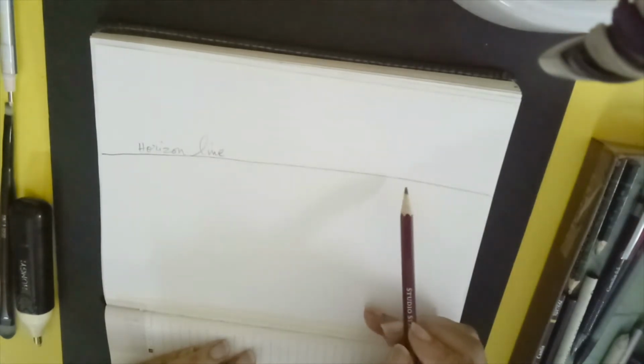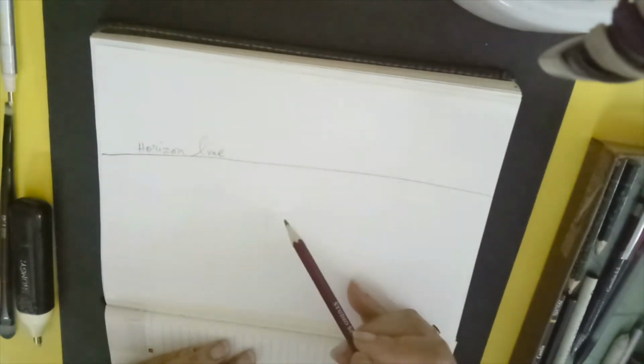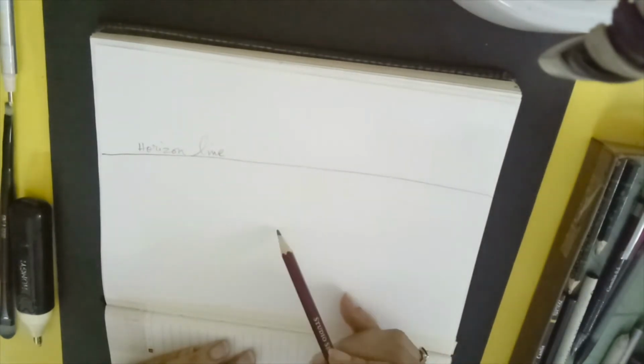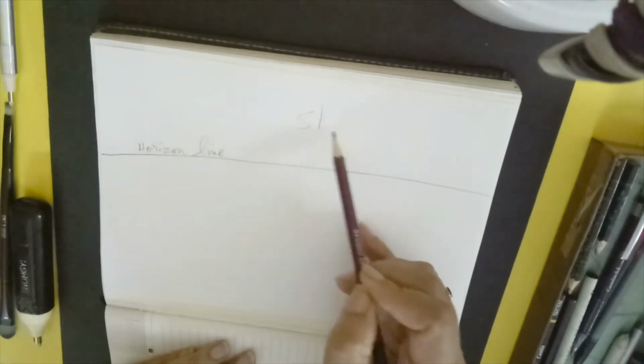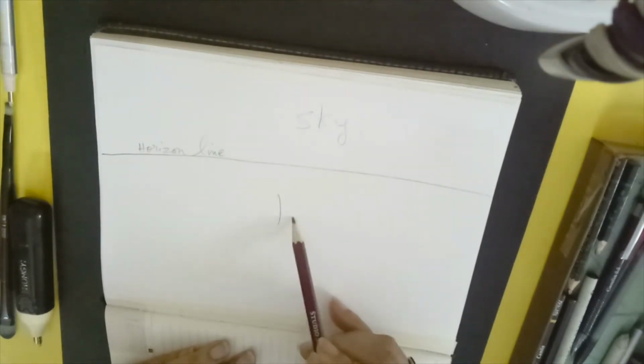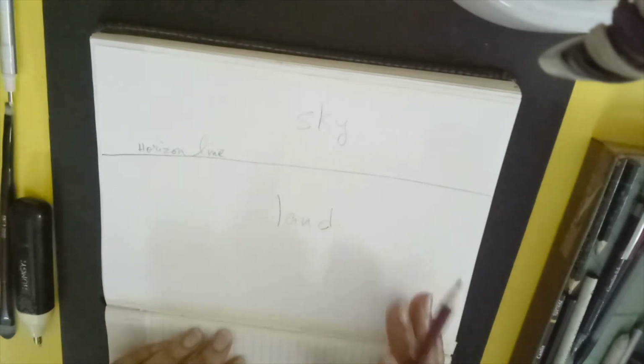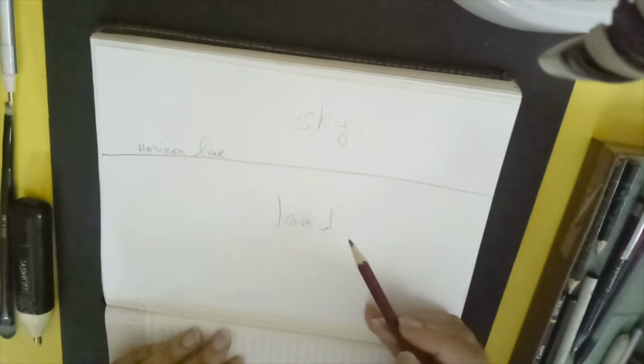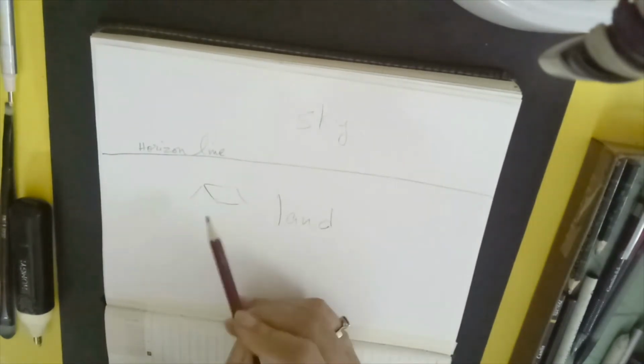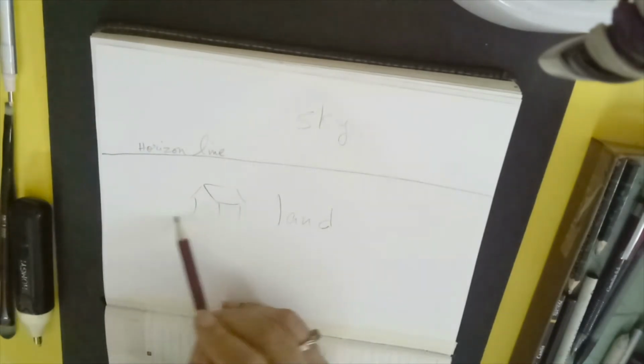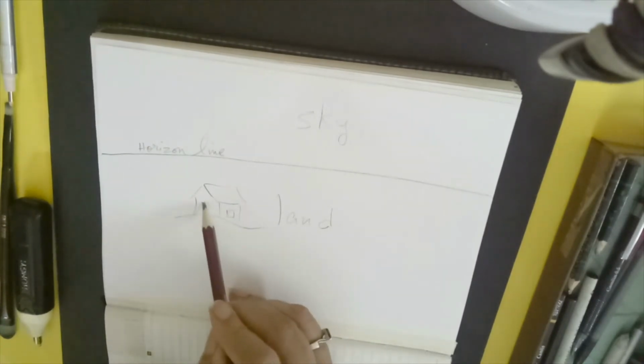Now if I tell you to draw a house, where will you draw? Is it there or here? Yes, obviously you will be drawing it down there, because this is the sky and this is the land. Now it's so easy to place all your things wherever you want. Suppose you want to have a house, you can place the house over here. So without fear, without any doubt, you will have your house here, right?